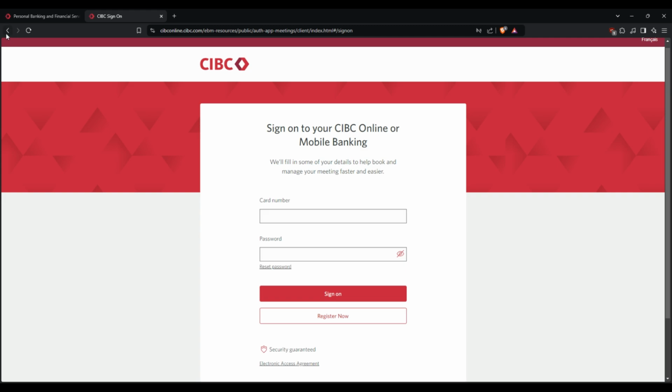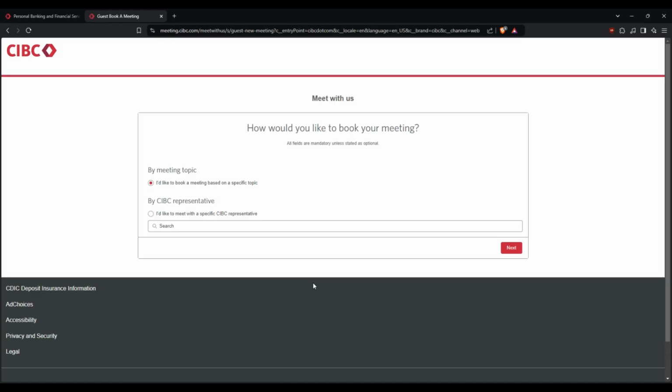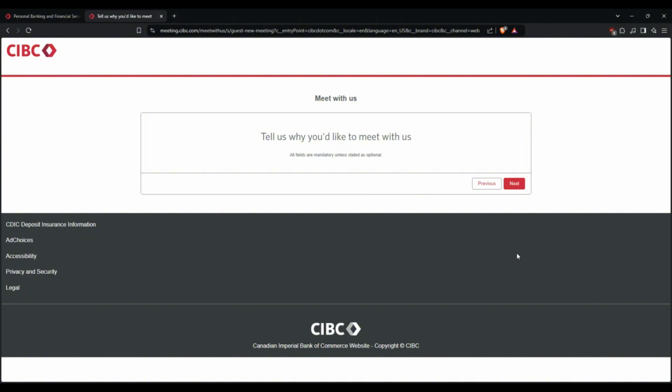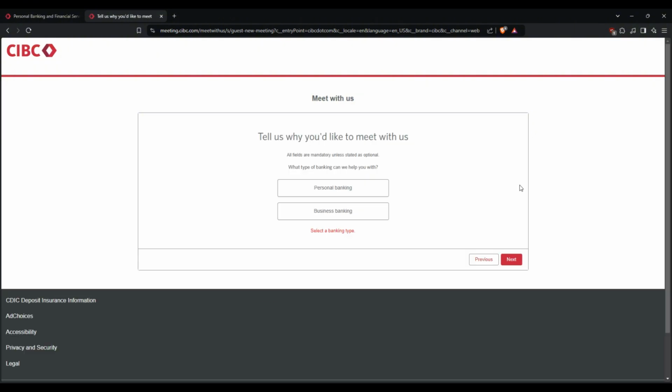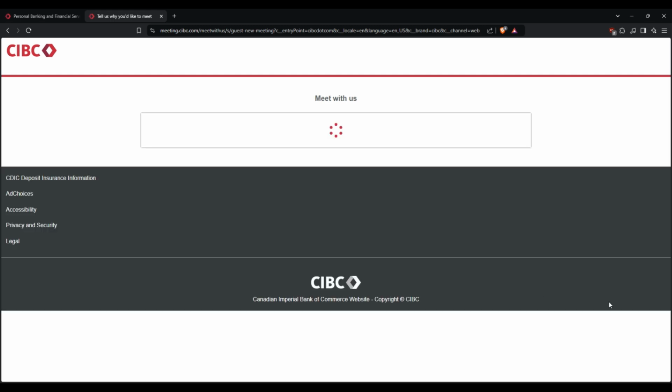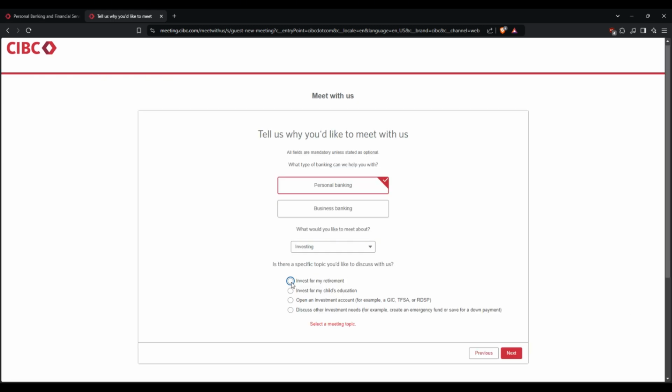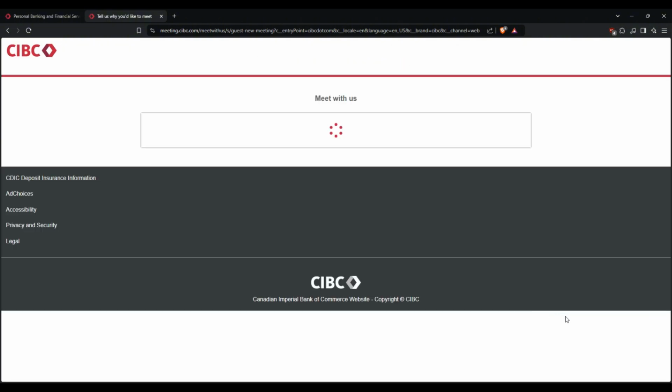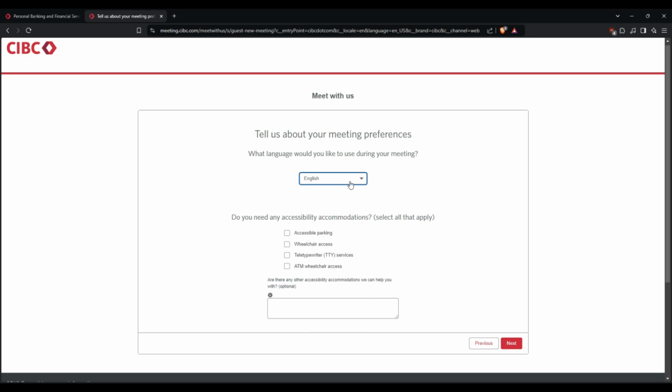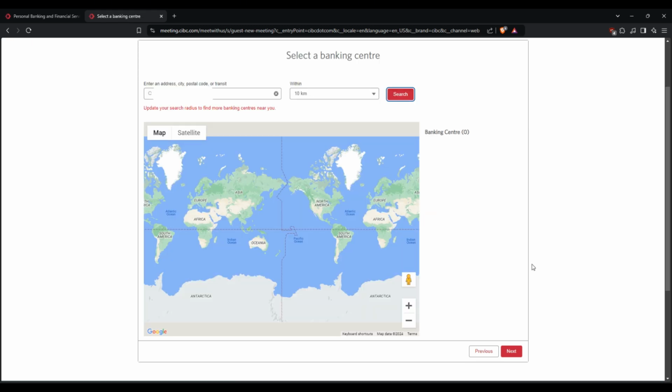to book your meeting. Next, select the type of service you want, such as a meeting with a financial advisor, mortgage consultation, or investment help, and just fill out the necessary details. Then, you can choose your preferred CIBC branch location and then select a date and time that works for you